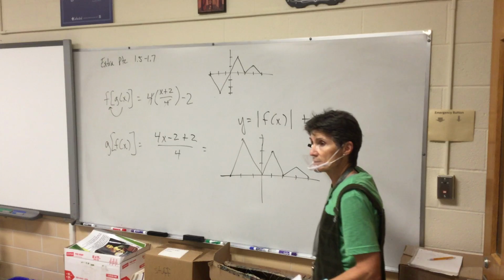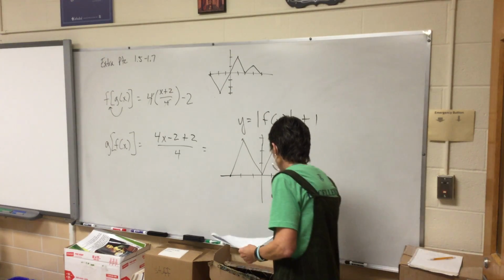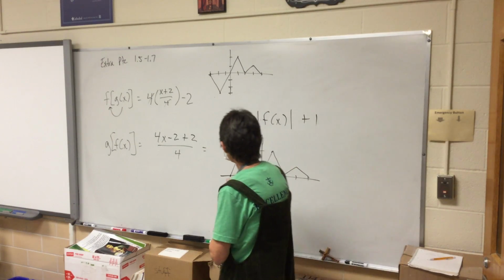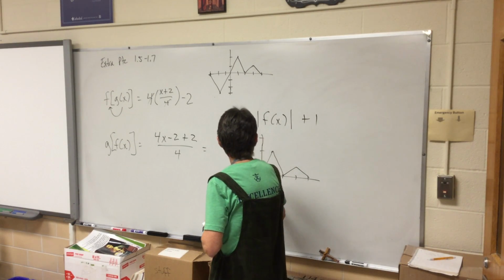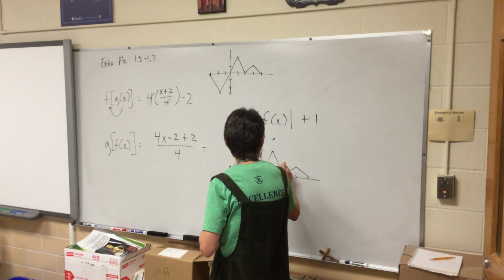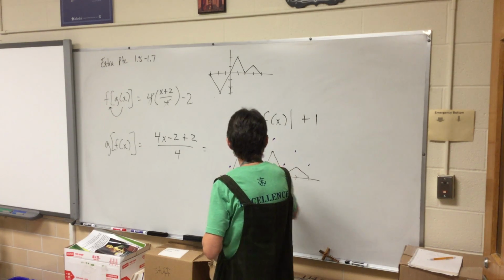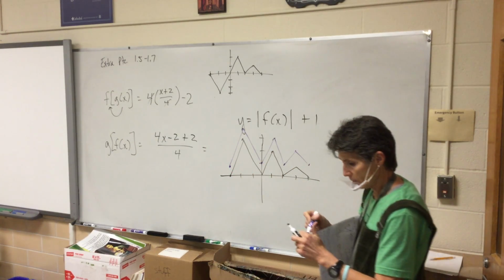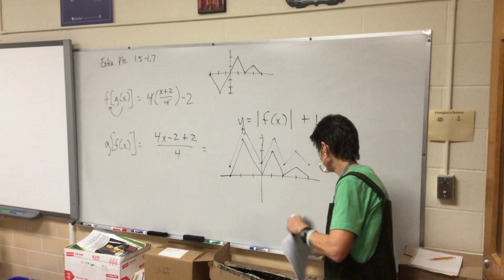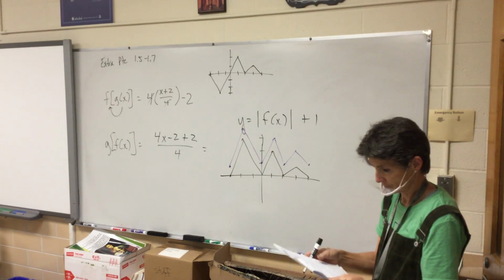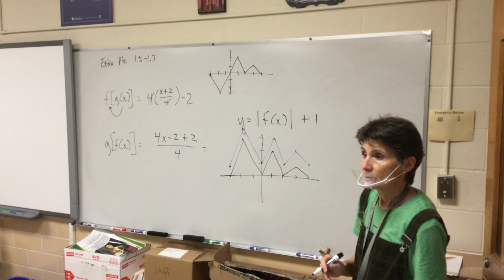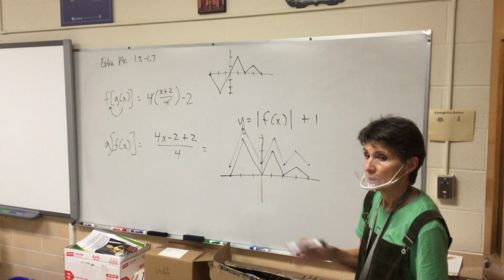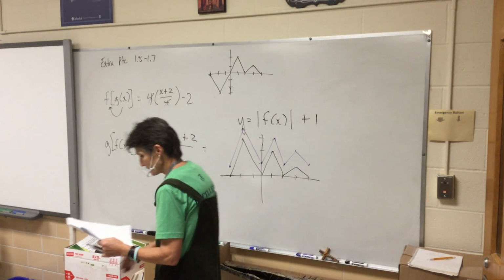So then what happens? Gotta go up 1. So you just take the points that you've got here, and you're going to move everything up 1. And that purple thing would be your answer. All good? Okay. So then the next one says,